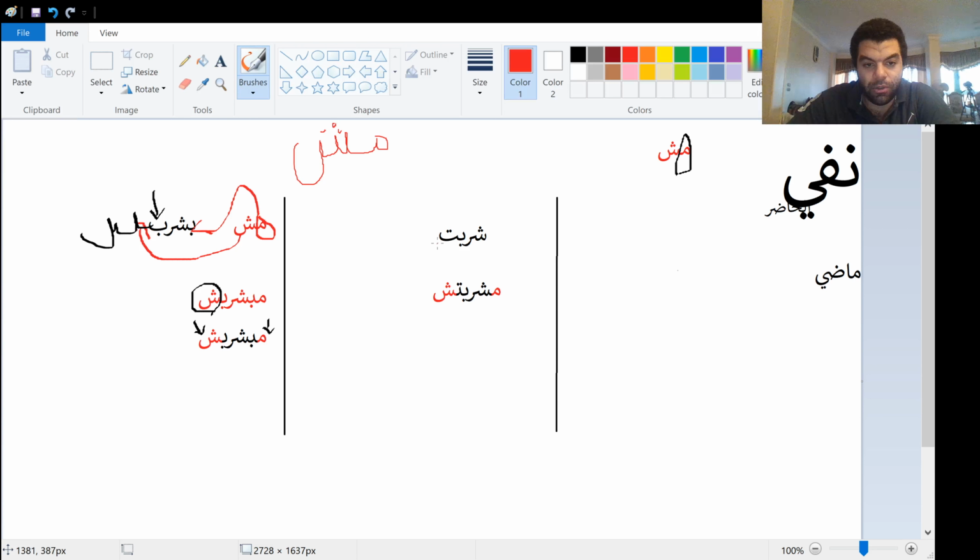So the letter t by itself is the whole figure, what it looks like when you're learning it by itself. But now we had to connect it to something, so we didn't really close the second tip. We opened it up, as you can see, and then we added the letter sheen like this, 3 dots. It's so much better when it's typed. It's really tough to write using the mouse. Okay, so this is ما شربتش.